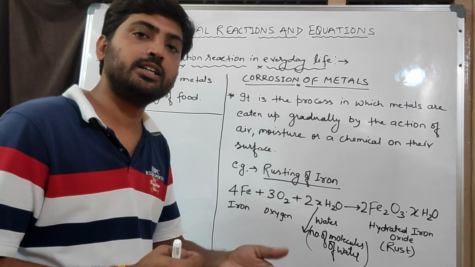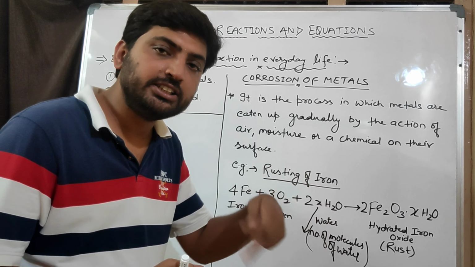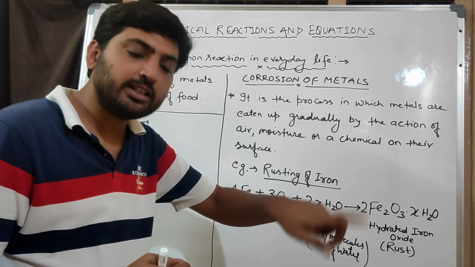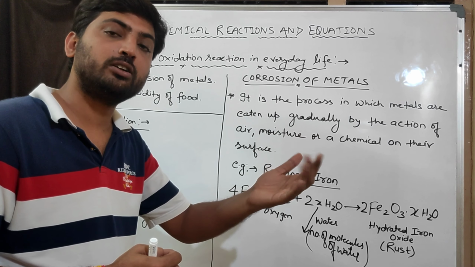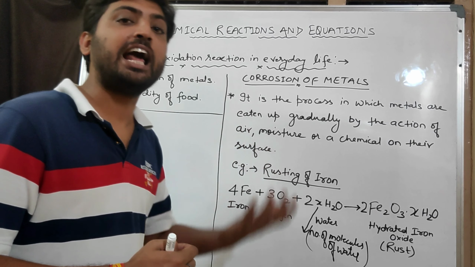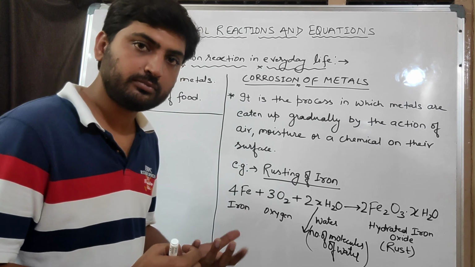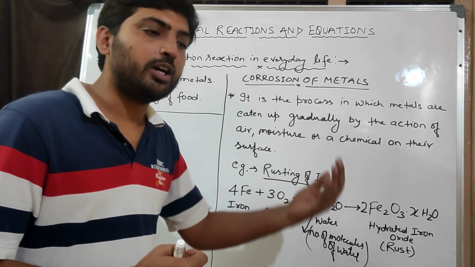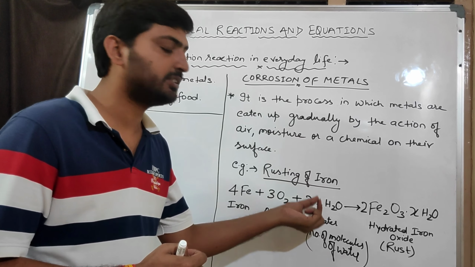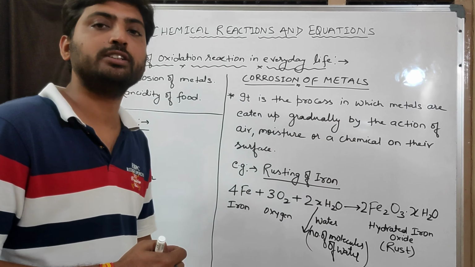In a liter of water, the molecules present will react with iron and oxygen to form this. In 2 liters of water, the molecules of water in 2 liters will react. So the number of molecules depends upon the supply of water we are supplying, or the amount of water present in the atmosphere. This X depends on that factor.